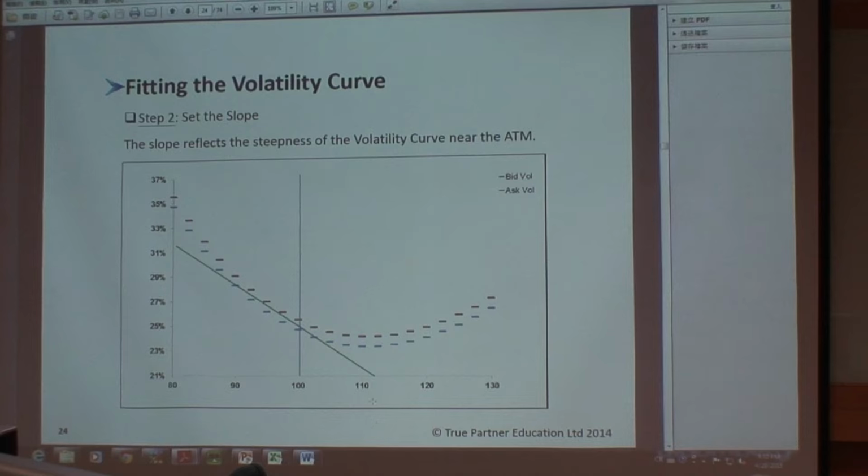Also, if I have a linear curve, that means that at one point I will intersect the zero axis. And volatility can of course not go negative. So what I need is to add some curvature. That also makes sense intuitively. If I look at the Hang Seng,